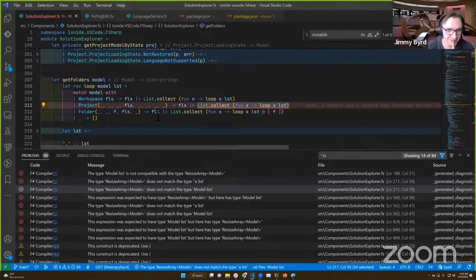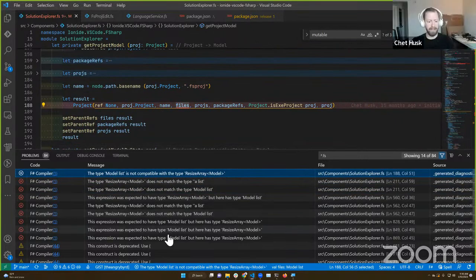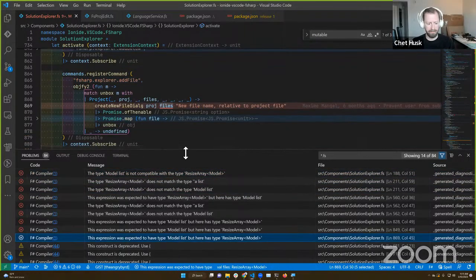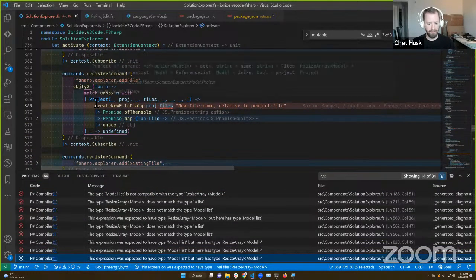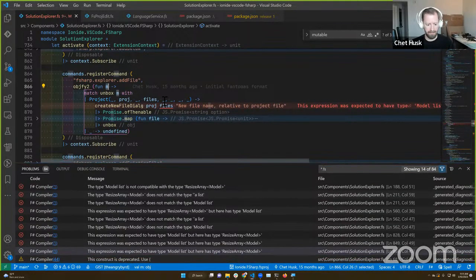Awesome. But this is the kind of stuff I would expect when we change a data type. So I think we then go through some of these helper functions, like create new file dialog, which should just take a resize array instead.